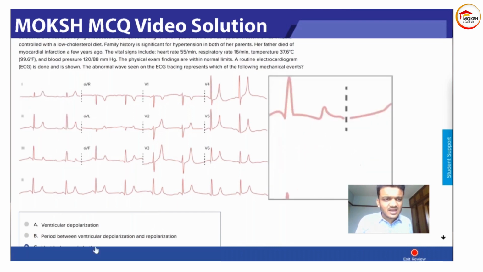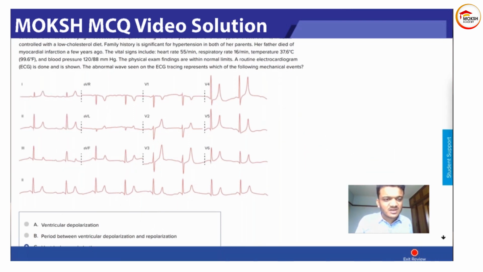So yeah, they are asking what this abnormal wave represents. It's a T wave. It represents ventricular repolarization. I won't be explaining further than that because it's not